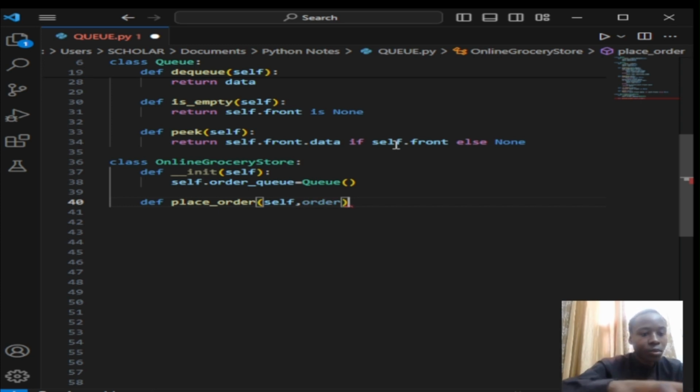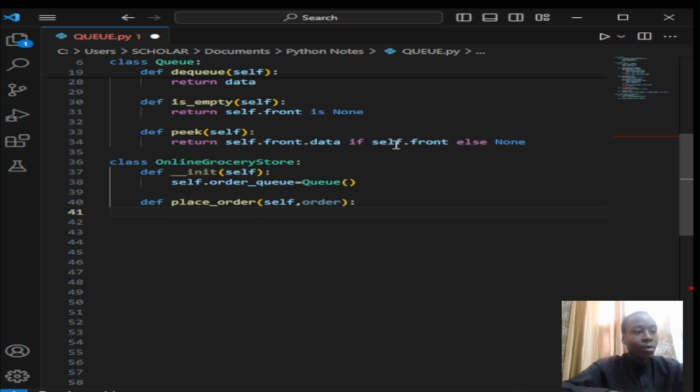Right, we pass self and order. Now the self.order_q.enqueue, so we are adding the order to the queue. So when the customer places the order, so that it can be placed, so self